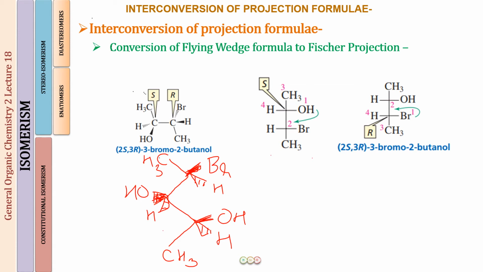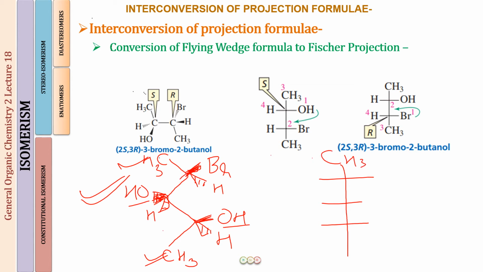Now where will we start with the carbon chain? We will have to start the carbon chain for the Fischer projection from below, because the OH group should be given a lower number. Fine. So this is how we will be drawing the molecule. You will get confused when you try to reproduce it in the flying wedge projection only. So what you are going to do is just write it as you see in the flying wedge first of all. So what we have is a CH3.